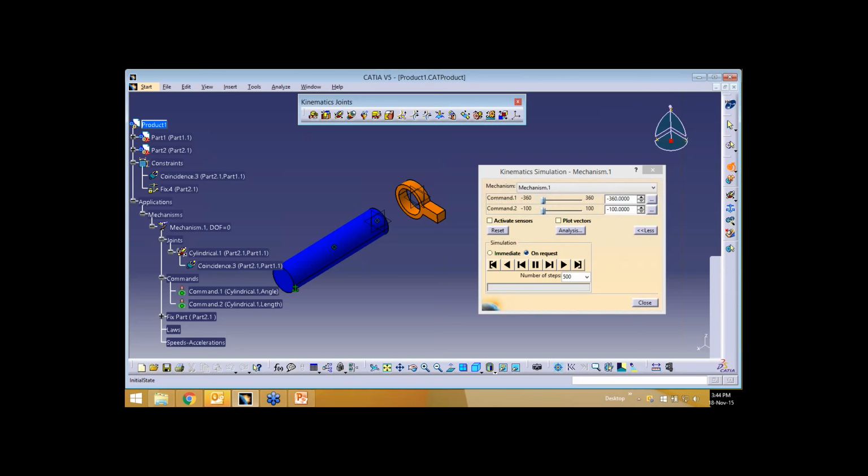So for creating a screw joint, we have something called bolt and nut. If you see here, creation of the mechanism is similar. Applying the joint, we'll see what the input will be to create a screw joint. Select it here. It is a line-to-line coincidence, which is like axis to axis of part 1 to the axis of part 2.